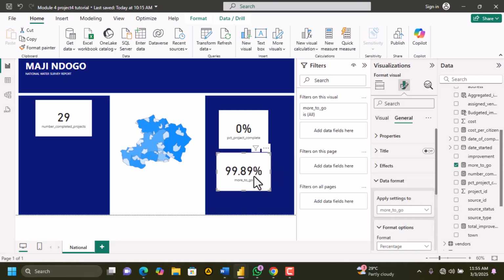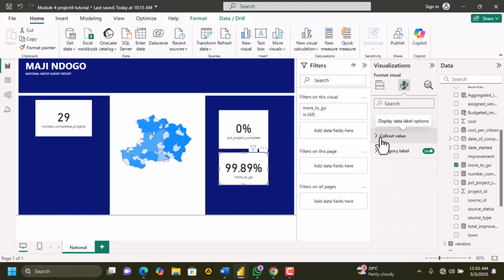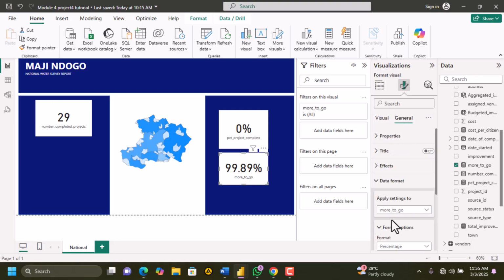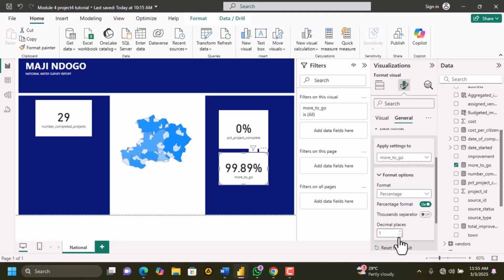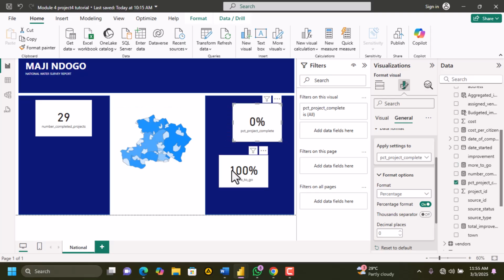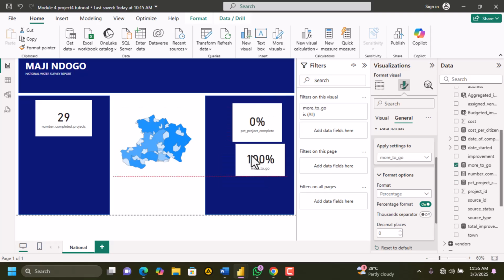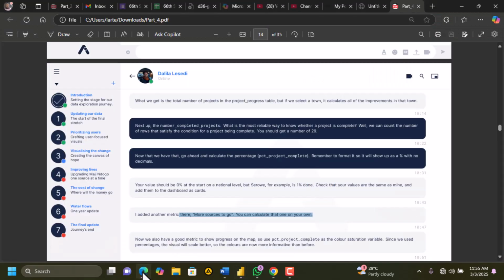So that is 99 points, whatever, more to go. So let me also leave that one in zero decimal places. So 100% to go, 0% complete, 100% to go. All right, so I will put them here. Not all the cards are going to be used. We are just looking at what we are doing to see if we are correct. Now